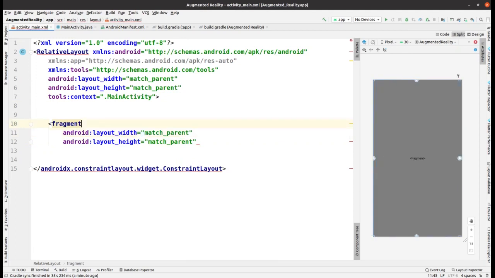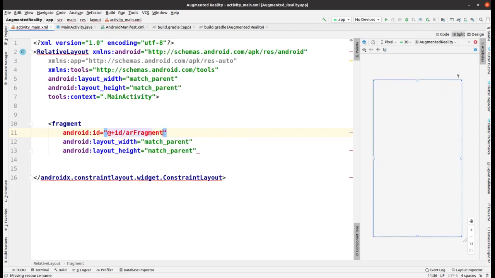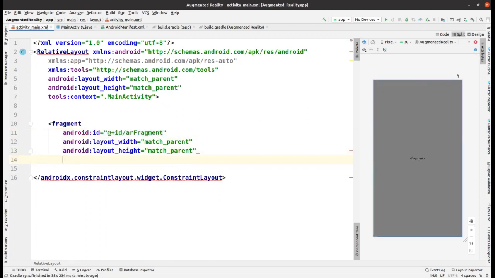It is called a fragment. So we are adding a fragment here, and the fragment width and height are taken as match_parent. We have to give the id for this fragment as ar_fragment.